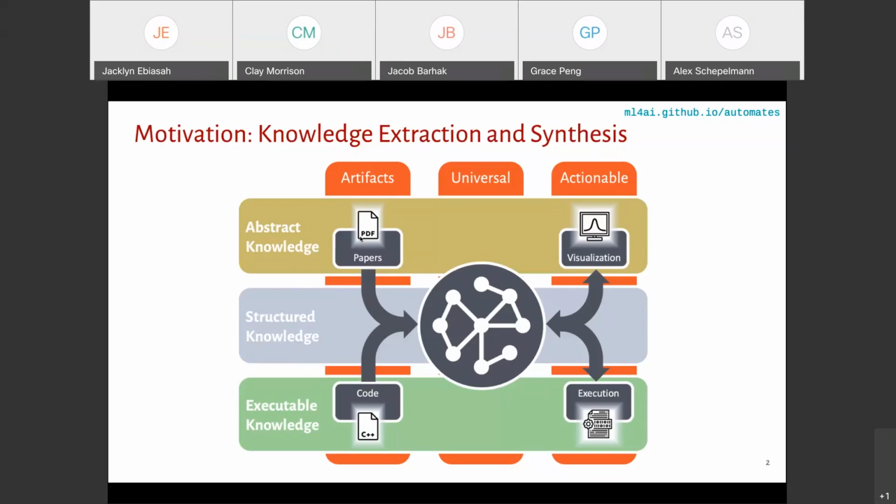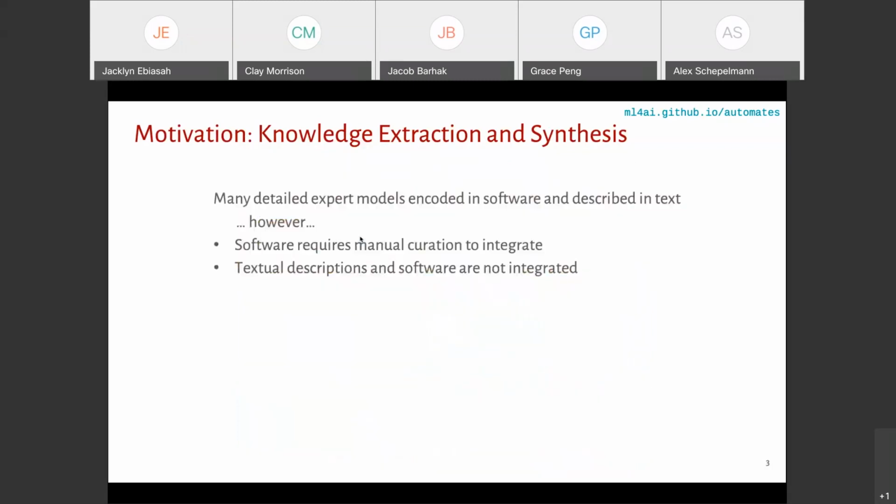Eric Davis from Galois will be presenting a talk about the right-hand side here, which will include an interface for visualizing and interacting with these models at a level that is familiar to domain scientists without them having to be professional programmers. And then in this framework, being able to evaluate those models, visualize their behavior, and go through the cycle of model revision. So AutoMATES specifically is trying to address this general problem.